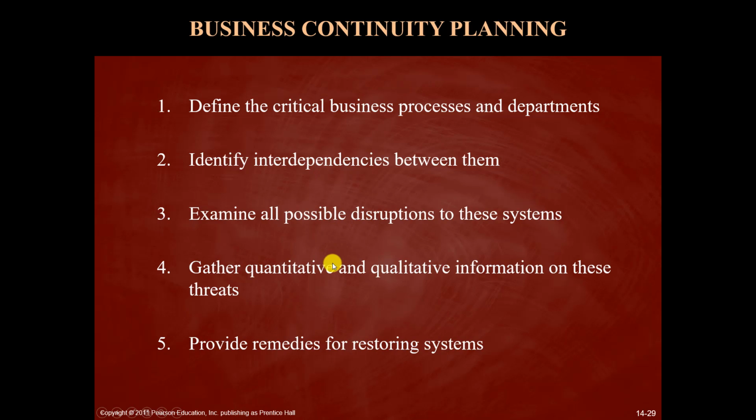Also, you need to gather quantitative and qualitative information on these threats. A lot of risk management professionals are like mathematicians and statisticians. They approach things quantitatively, but a lot of things in life and business, and specifically in relation to risk, can only be qualitatively assessed. They can hardly be quantified, or quantified with the desired level of precision. So sometimes it's just a matter of qualitative opinion whether a particular risk is facing an organization and how great